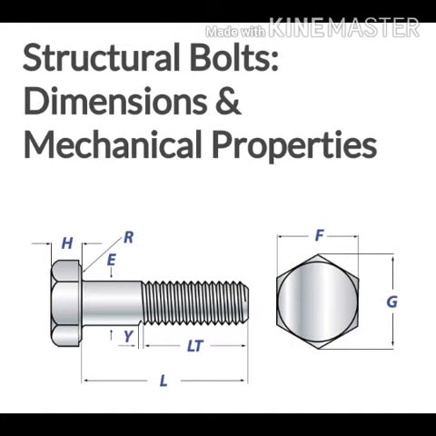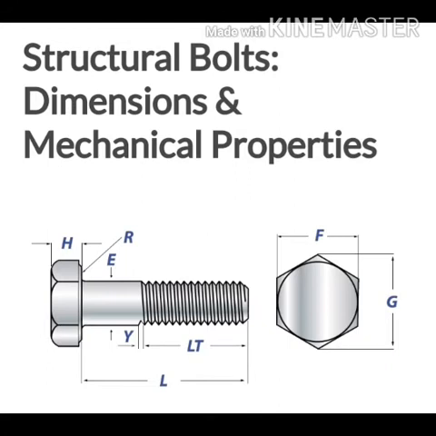The next slide shows the front view and side view of a hexagonal headed bolt and the related terms and data associated with it. At the left-hand side of the hexagonal headed bolt there is a letter H. That means the height of the hexagonal head is marked with that letter H. Its value is always 0.8d.